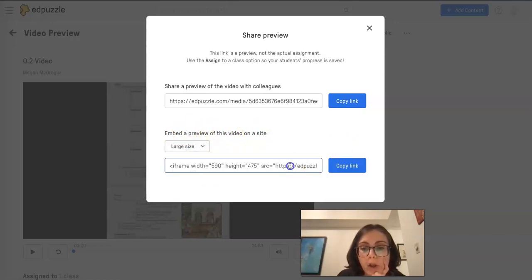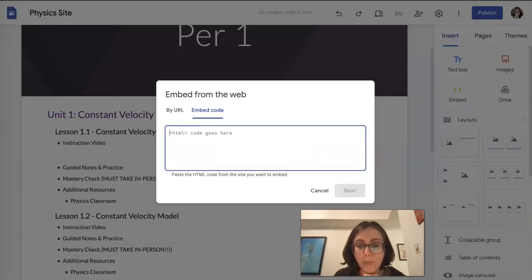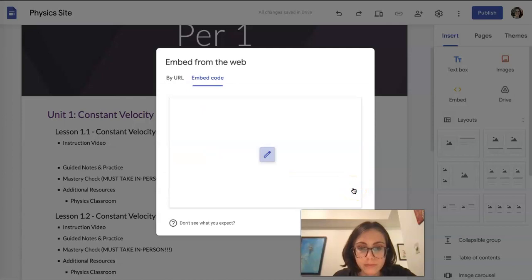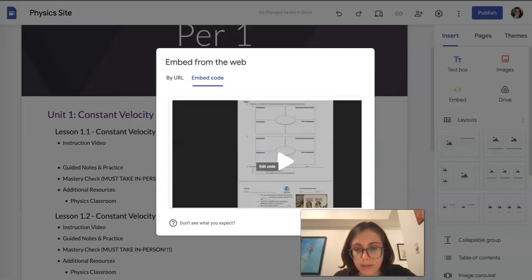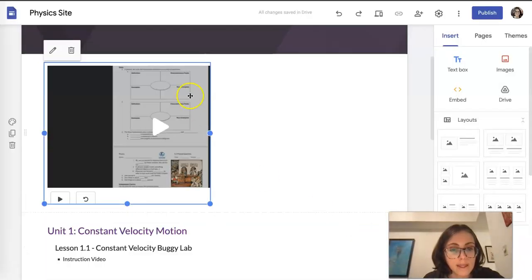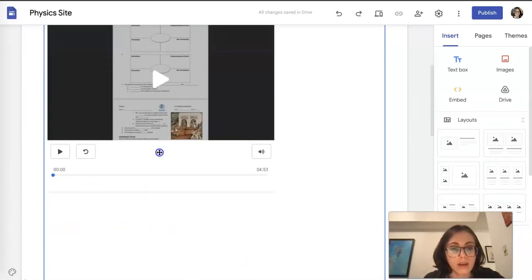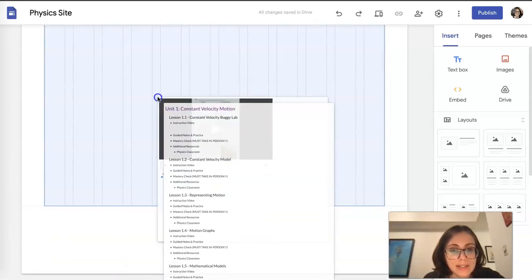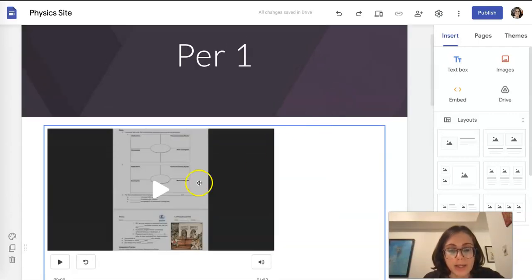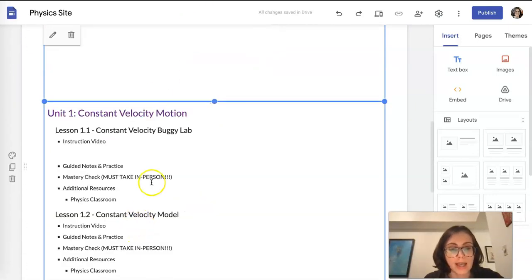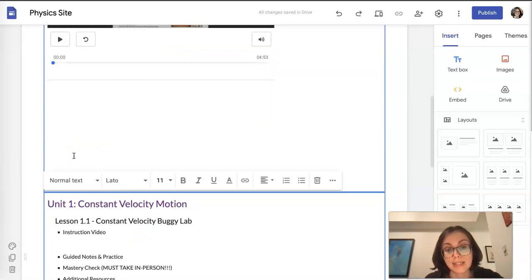So I'm going to click the large size. I want it to be nice and big. I'm going to copy the embed code. I'm going to go back to my site and drop it right in the box. And hooray, there's my video. Let me move myself out of the way. I'm going to click Insert. And nice. So in order to actually get it in the text box, and this is kind of annoying, huh, I would have to break it up. So you'll see my video is actually before the text. I wasn't able to just drop it in. So that's something to consider.